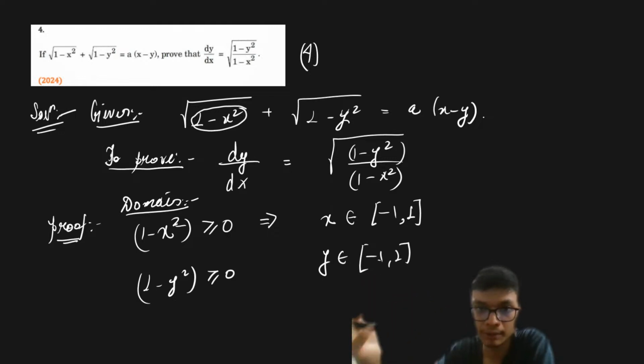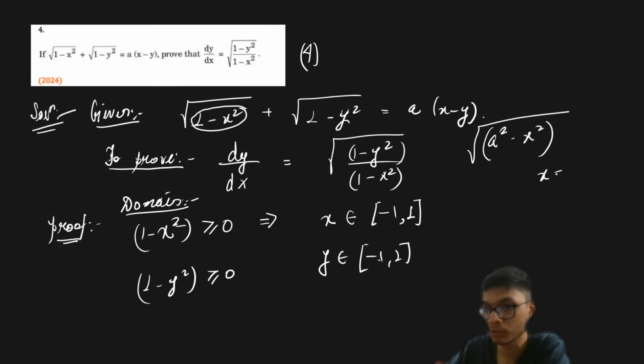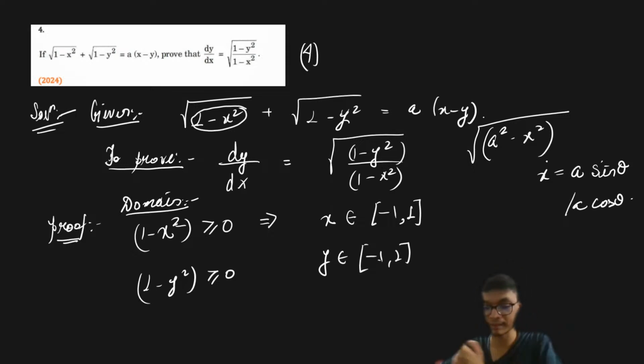Now if you recall your initial classes of integrals, I discussed something very important, called substitution, right? I told you that whenever I have a function relation of square root of a square minus x square, it is always beneficial to substitute x as a sine theta or a cos theta, right? So if we simply apply the same relation over here, what we can see, so this particular given relation will simplify itself as,